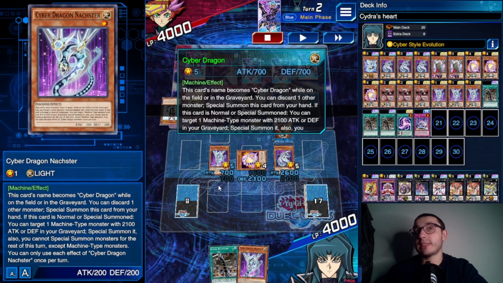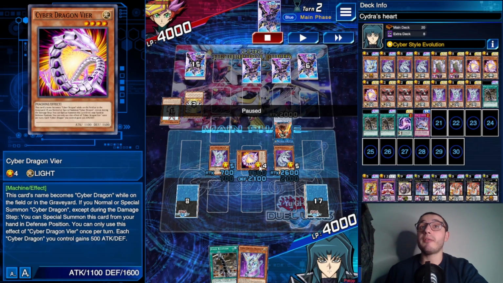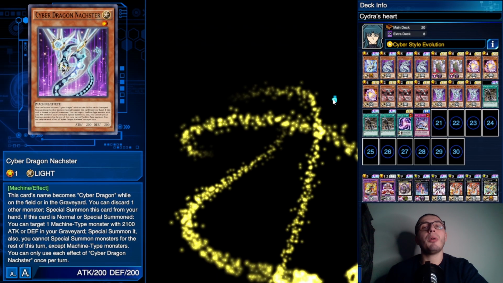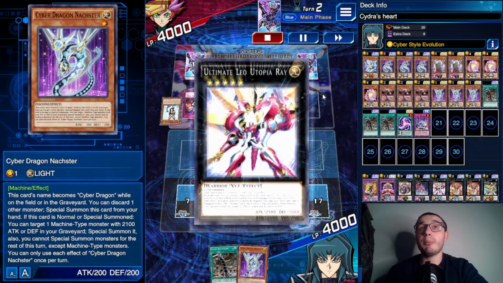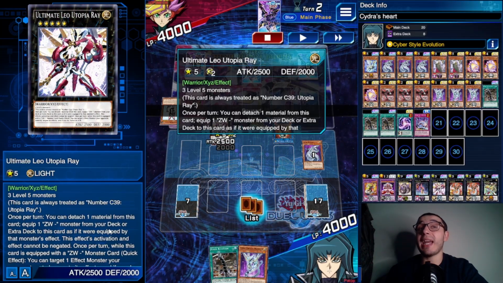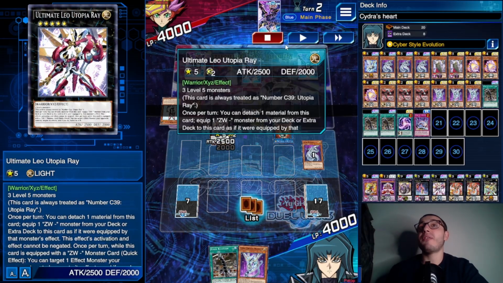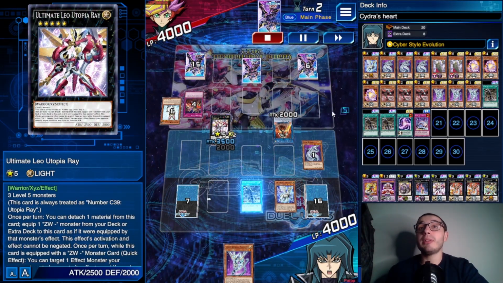Actually, I normal summon Nashter, so I special summon Cyber Dragon, use the effect of Fire to special summon itself with its own effect, and then Nashter normal summon with no effect, both level 5 into Ultimate Leo Utopia Ray. It's got the warning point, but the effect of keeping a ZW monster from your deck cannot be negated. So even if it has its effect negated, that effect cannot be negated, and we have double negation for next